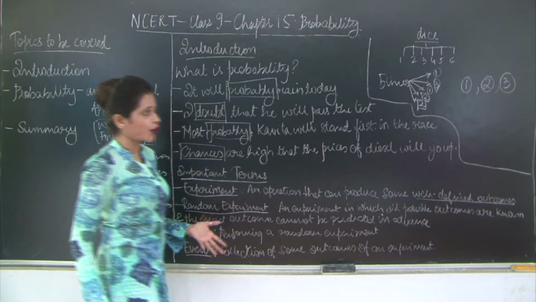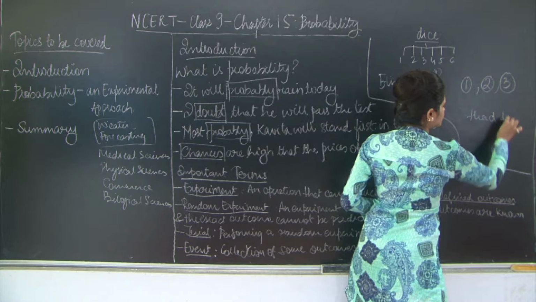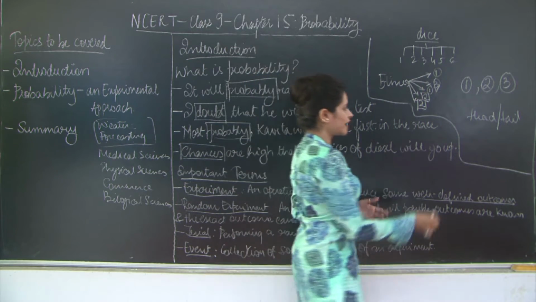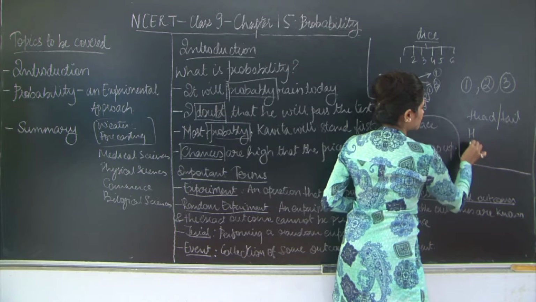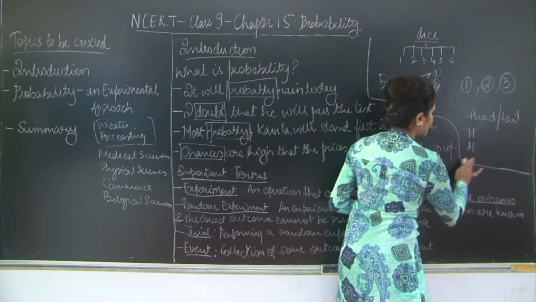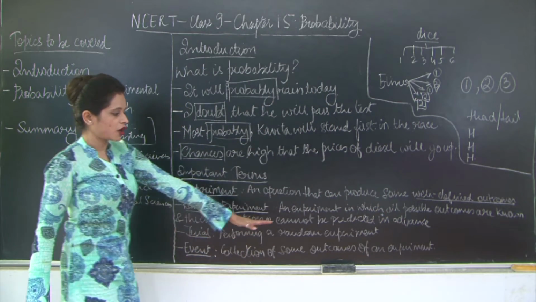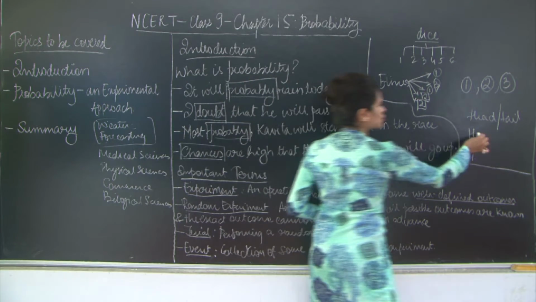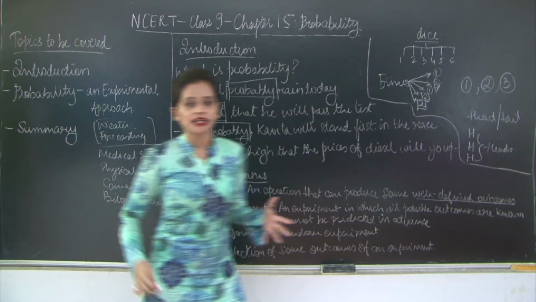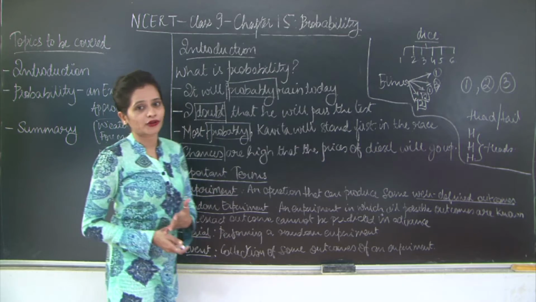Similarly, if you toss a coin, it has a head and tail, right? If you are flipping the coin, let's say thrice, and you get head the first time, head the second time, and tail, or let's say you get head, head and head. So what is the event here? A collection of some outcomes of an experiment. So this is our collection of heads. This was about the introduction to probability. We'll move on with the other topics in the forthcoming lectures.